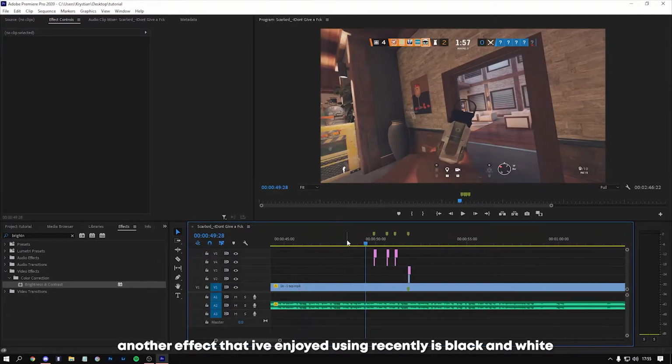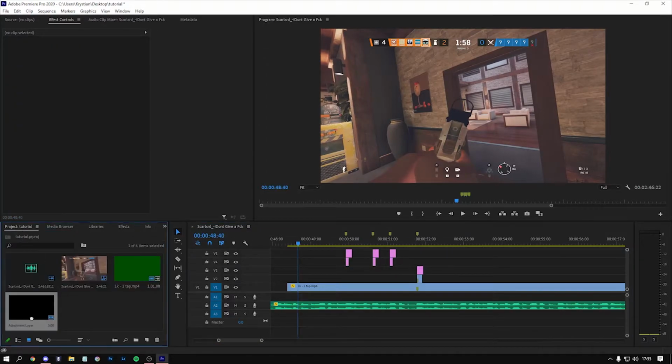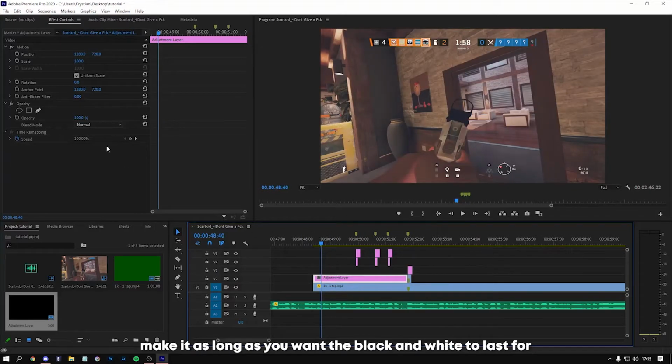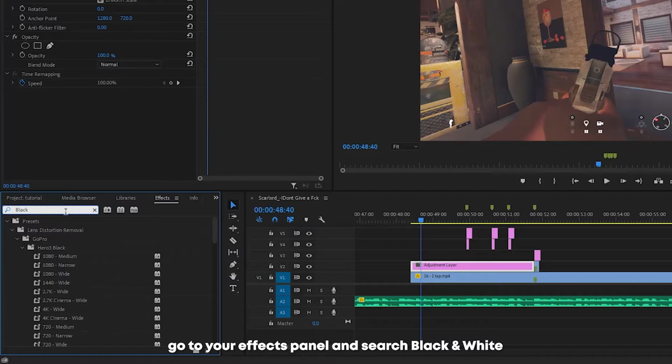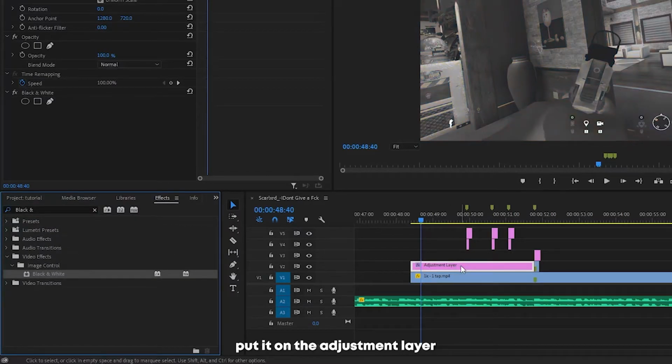Another effect that I've enjoyed using recently is black and white. So what you're going to want to do is get another adjustment layer. Make it as long as you want the black and white to last for. Go to your effects panel and search black and white, and it should show. Put it on the adjustment layer, and